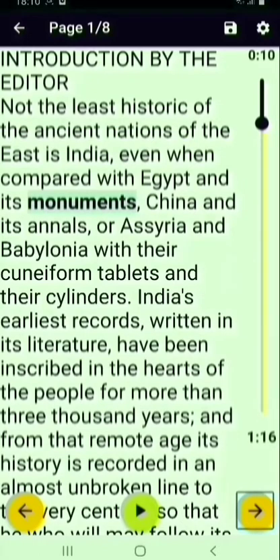If, let's say, your TalkBack TTS is different from the InstaReader TTS, for example, your TalkBack uses Google TTS and you have set eSpeak TTS in the InstaReader app, in that case, whenever you swipe left or right while the audiobook is playing, the audiobook will not stop playing automatically. In that case, to pause the audiobook, you need to click on the pause button. The same play button while the audiobook is playing will convert into a pause button. You can click on the pause button to stop listening to the audiobook.